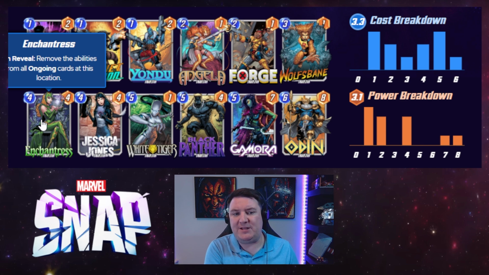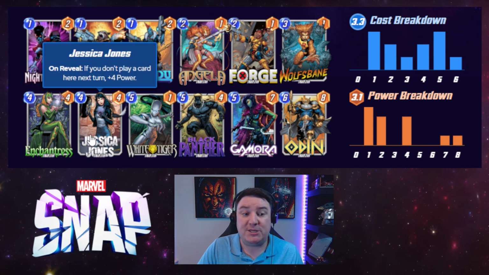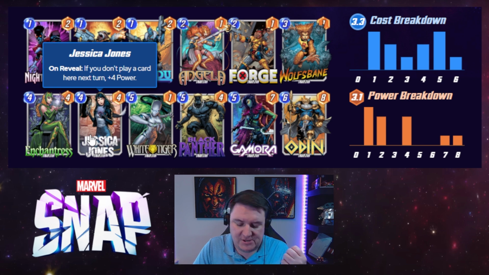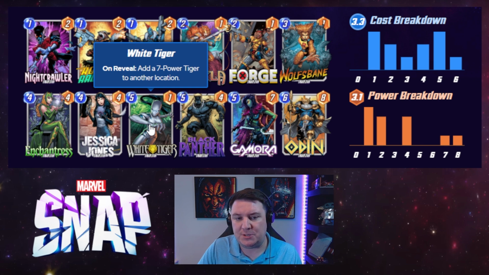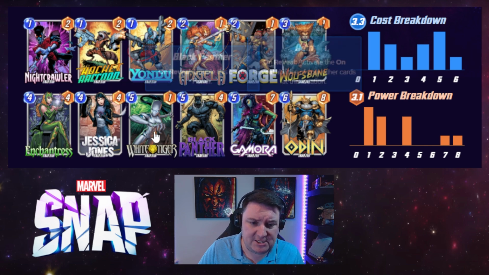We do have Enchantress. She is here to really shut down any ongoing cards. Ongoing's pretty strong in pool 1. Yeah, she's going to be there to shut down any of those shenanigans. Jessica Jones on reveal +4 power, so another 8 power character there that we've got. White Tiger is going to be some really good control for us, especially if we can get it triggered with Odin,